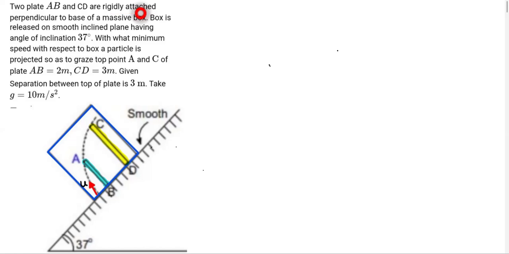So now after this, the box is released on the smooth inclined plane. This angle we will choose as theta in all our calculations. So this is the inclined plane. Next, the question asks: with what minimum speed